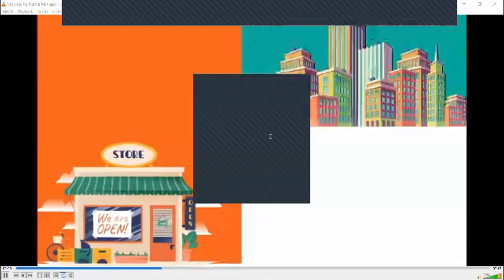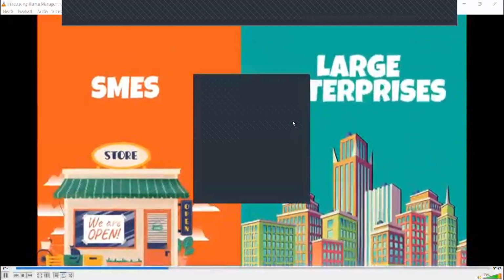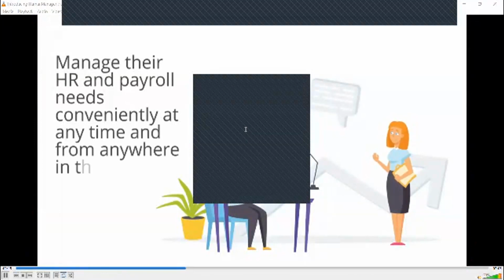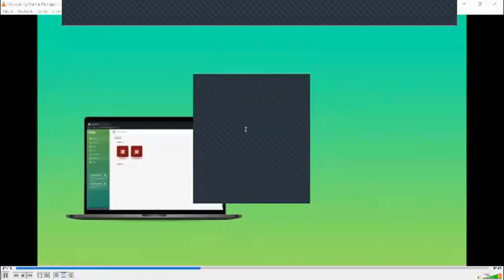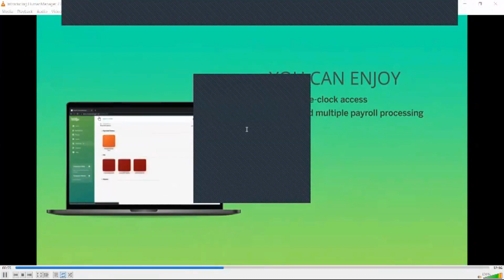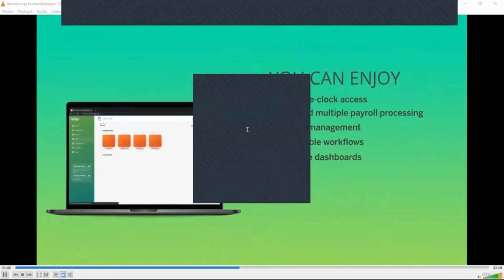HumanManager makes it exceptionally easy for businesses of all sizes to manage their HR and payroll needs conveniently at any time and from anywhere in the world. With our integrated system, you can enjoy round-the-clock access, end-to-end multiple payroll processing at its best, appraisal management, configurable workflows, interactive dashboards, leave processing, claims and reimbursement management, and so much more. Our employee self-service